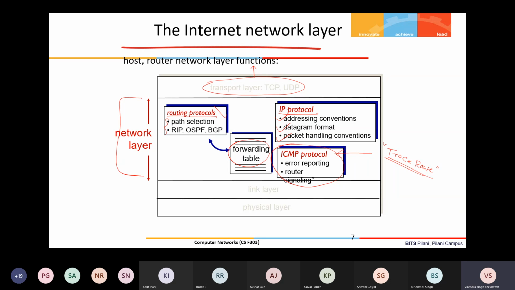We use traceroute to calculate RTT time, sir. Basically, it gives me the RTT for each hop between the source and the destination pair. Suppose this is a source and this is a destination. In between, there may be multiple hops. We don't know that because this path is provided by the routing system.